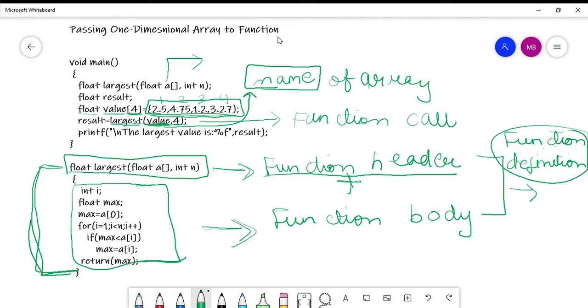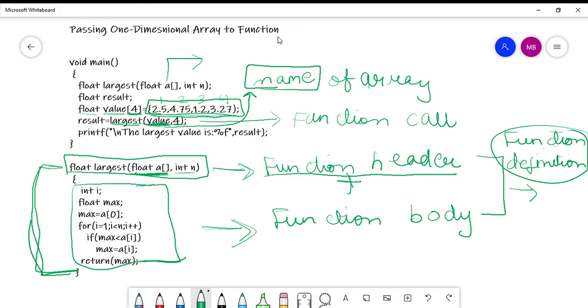Here one array is required as an argument whose data type is float. You need not give the dimension of that array, only the name of the array with the blank square brackets is enough. If you wish to give the dimension, you may give, but it is not compulsory to give the dimension here in case of a one dimensional array. Then the second argument that is required, right? So this is the function definition. So you can clearly see that the function largest, whose function type is float, is taking two arguments. One is an array of floating type and another is a simple variable of integer type.